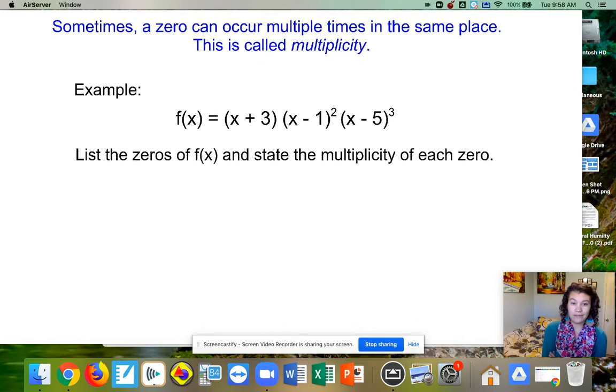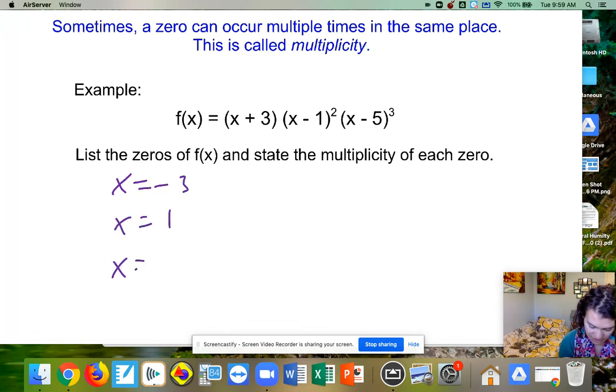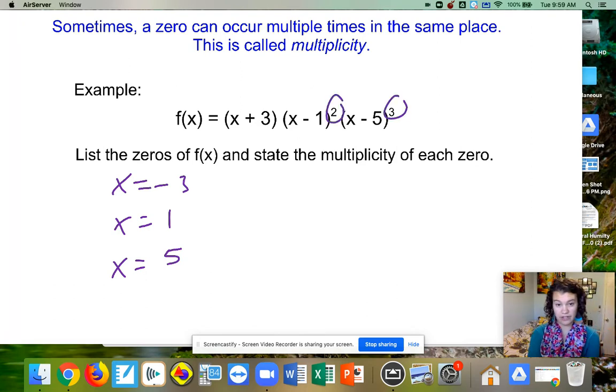So when we have zeros and they occur more than once, that can happen, and that's going to be something called multiplicity. So if we're looking at this function here, we list the zeros, you get x equals -3 from the first one, x equals +1, and x equals positive 5. But there are these powers right here. So really, this first one only happened once. So it has a multiplicity